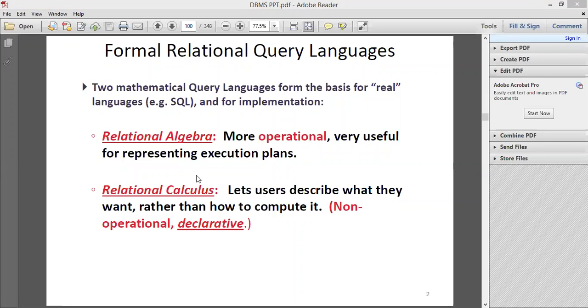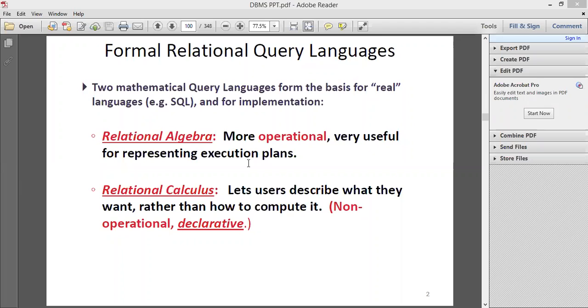These two languages are the expressions which are used to represent the results of the data.